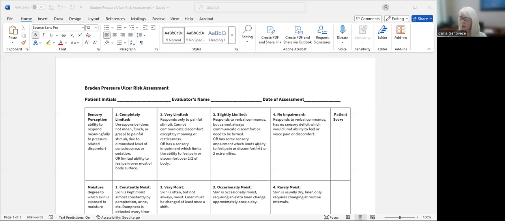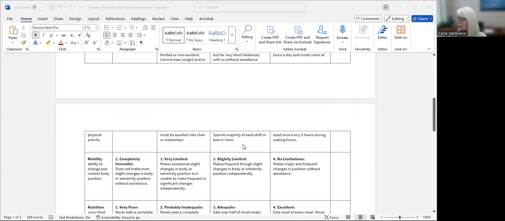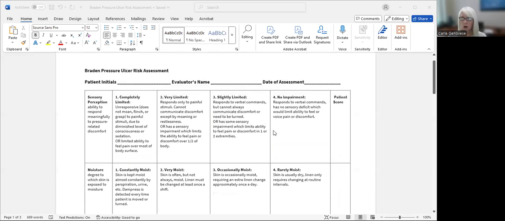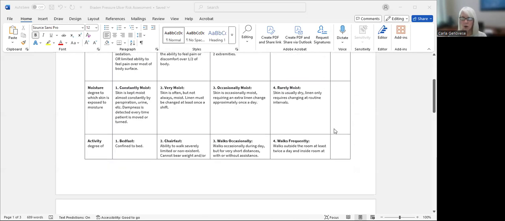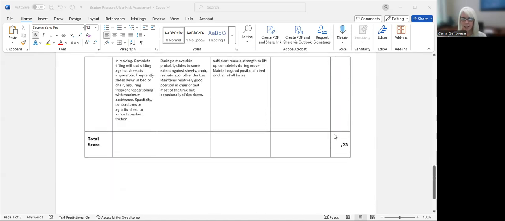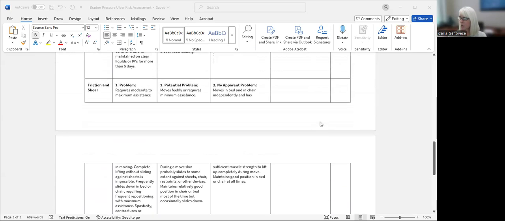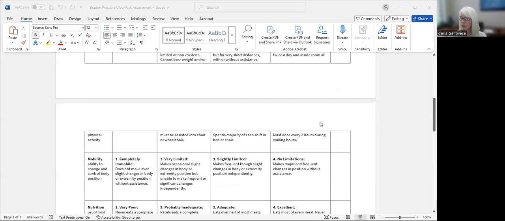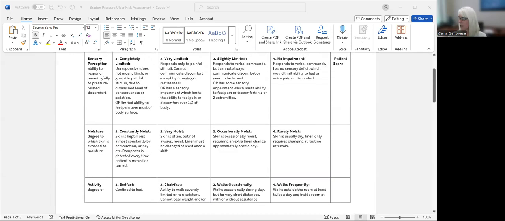To use this tool, score every subscale item based on patient presentation. Place each subscale score in the column to the right at the far right of this table. Total the subscores and place the total score designated in the place at the bottom of the table. Next, the nurse completing the assessment will follow the facility protocols to implement prevention and treatment measures according to the